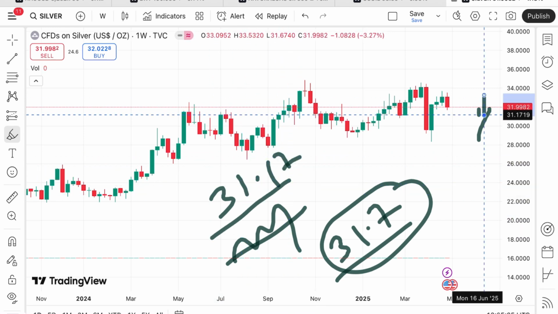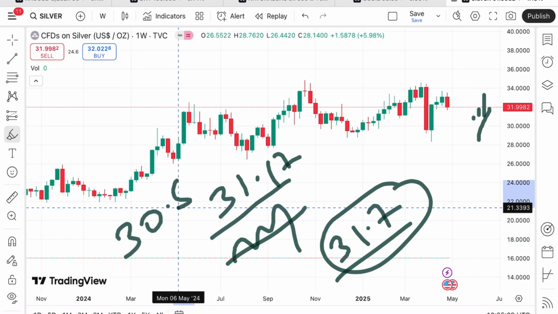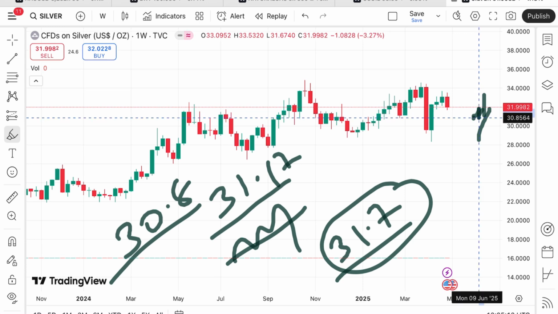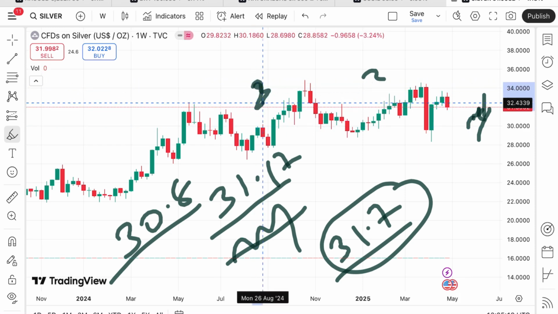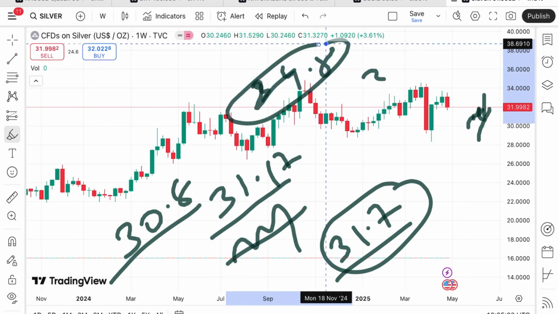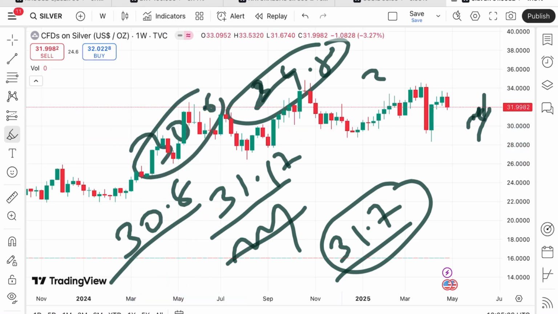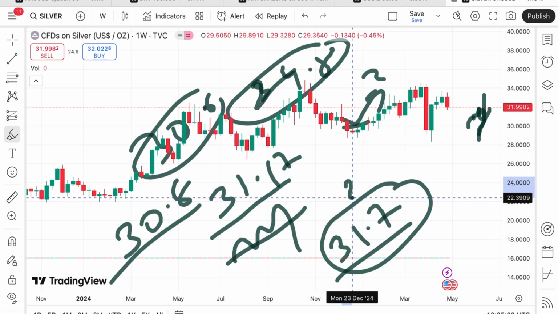Suppose the price starts going below that particular level, chances are high it will go further low towards a level of 30.8. And if the price falls below that level, after 30.8 we can see it will fall further down towards 30.6, and from there we can see a level of around 29.8. Keeping that in mind, that after 30.6 we can see a level of 29.8, because a bounce back can come from this level, but if it starts falling below this level, a further downfall we can see